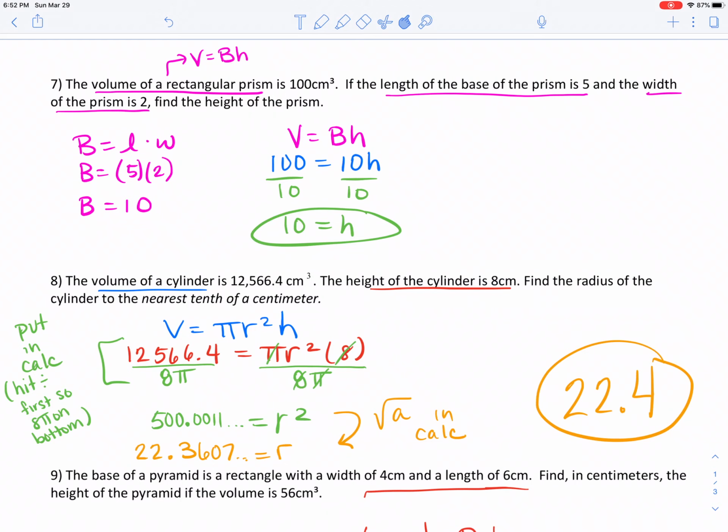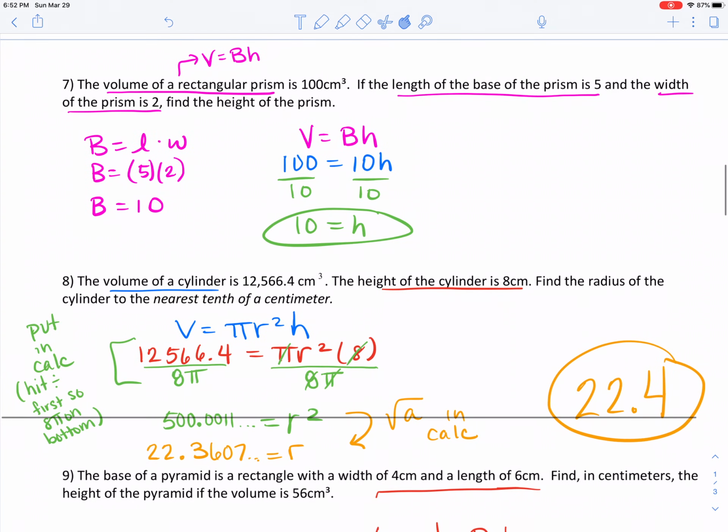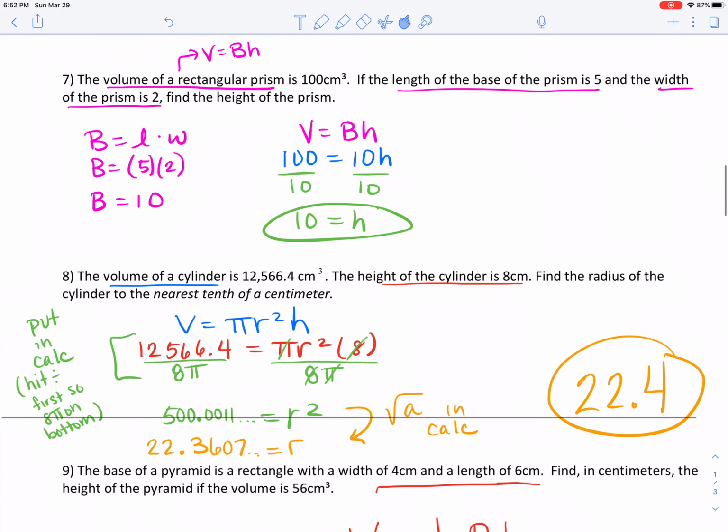Okay, these three problems follow the notes verbatim. Starting with the volume of a rectangular prism, they gave you the volume of the rectangular prism was 100 cubic centimeters. They gave you the length and the width of the base, being 5 and 2, and asked for the height. So, when you're given the formula big B times H, the big B, I get over to the side,